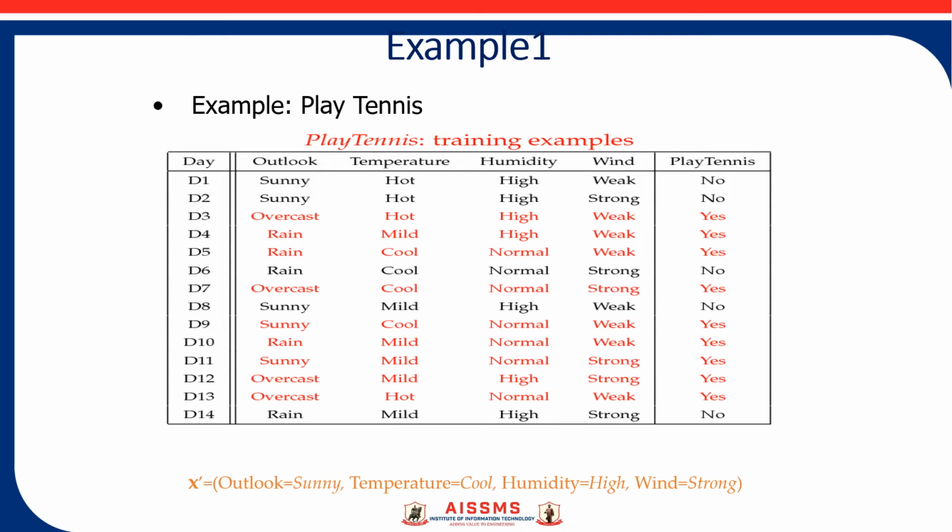First, we have to make a model which we train on our training data. Once that model is prepared, we pass this X dash data to that model, so that the system can give us the prediction whether that X dash person will play tennis or not. All these things we will see with the help of a detailed example.